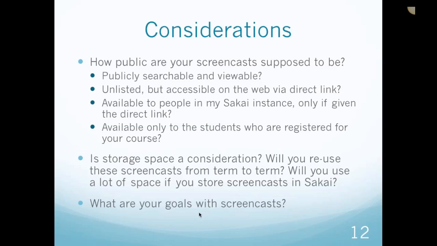So the last thing to consider are, of course, what are your actual goals with screencasts? What are you hoping to accomplish? Are you looking to teach somebody something? Are you looking to entertain? Are you trying to do both? If you can do both at the same time, you should give yourself a big pat on the back because it's awesome. So just think about your goals, and that should help at least drive some of your